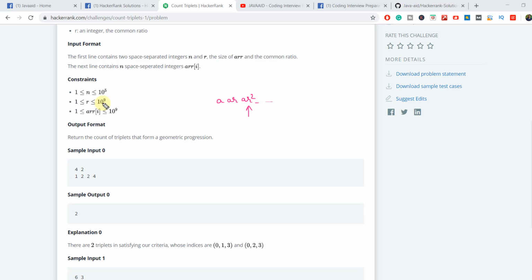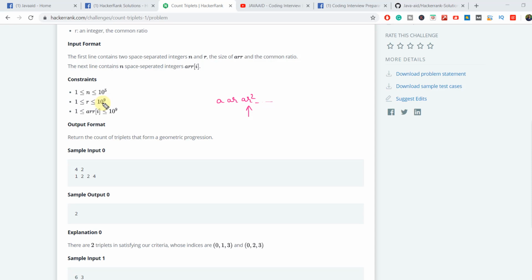I have seen a lot of people face this issue. When they code their algorithm, even if the algorithm is correct, the program will not pass all the test cases. Why? Because you are using a data type like integer, which is not capable of storing such a big value. So you should always choose your data type based on the constraints. Please do not ignore the constraints whenever you are solving any kind of problem. Look at them once, see what kind of constraints are given, and based on that decide what data type and data structure to use in your program. Now you know that the result is going to be very, very big, so definitely we are not going to use integer here.